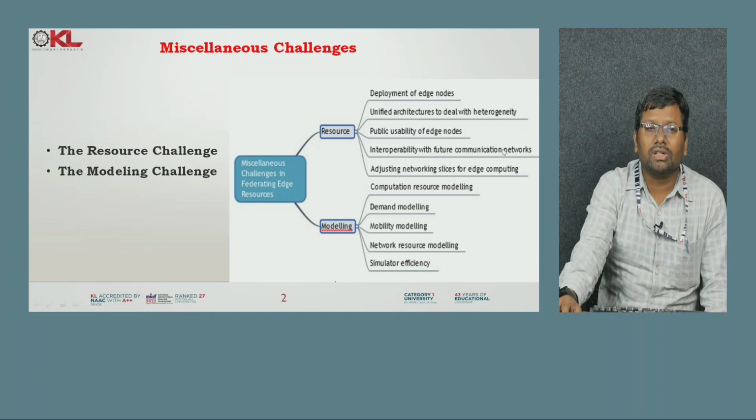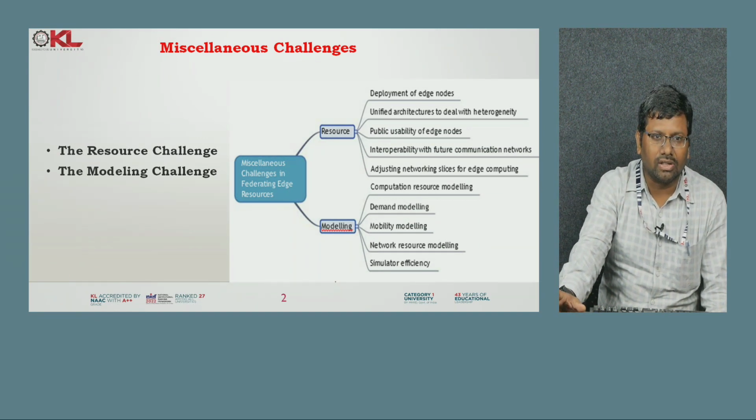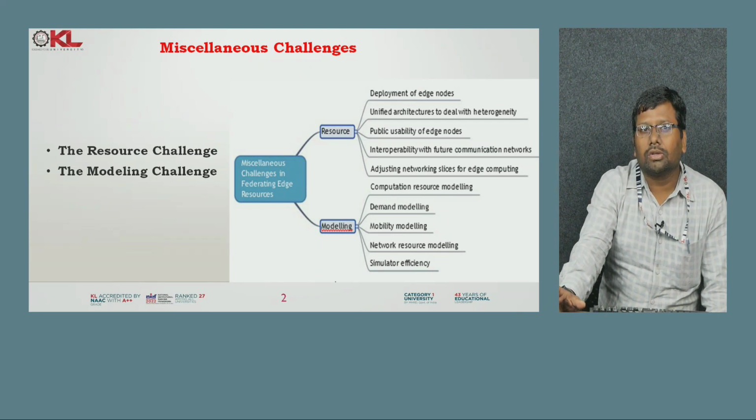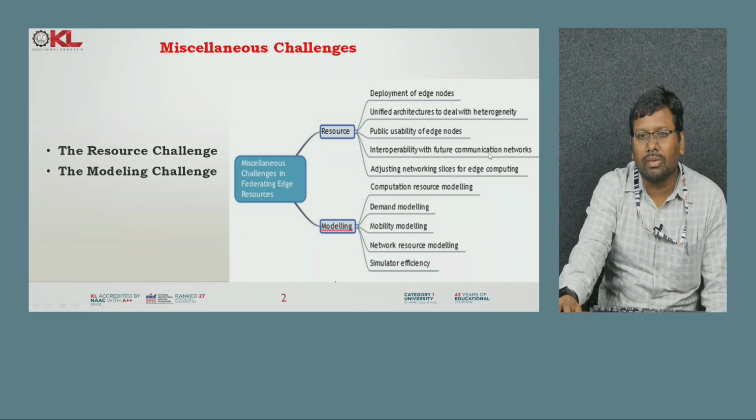So there should be a network that manages this. Everywhere we cannot carry out physical networks, so at that time we need to carry out virtualized networks. There might be n number of virtual networks, and these virtual networks should be connected to a standard physical network. The capability of the physical network to handle these enormous virtual networks, the concept is called network slicing for edge computing.